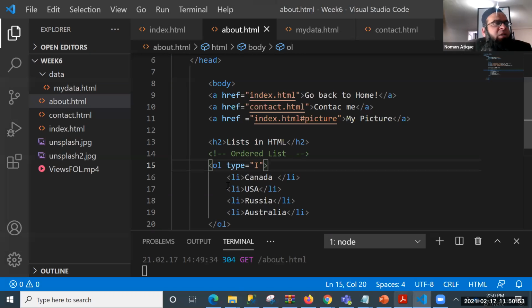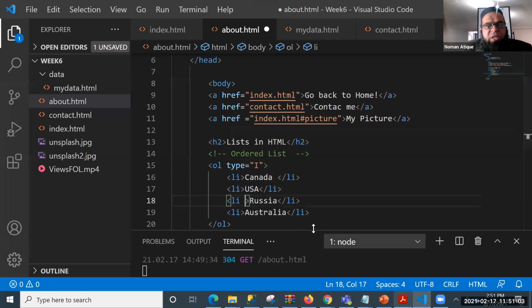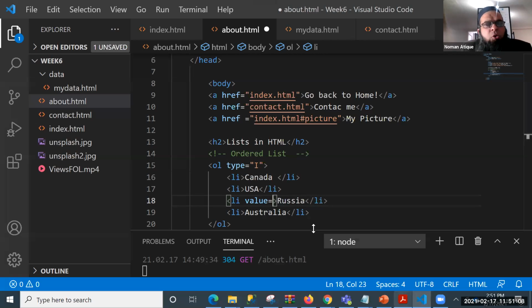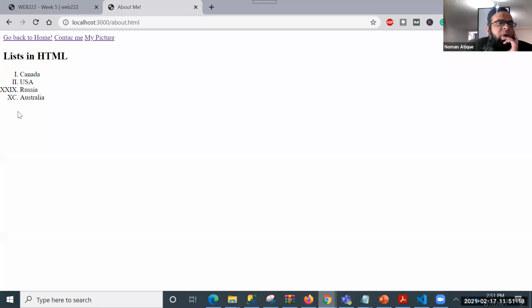So type is equal to something. The ordered list is the numbering if you want to use it. Another very important thing: if in the middle of the list you want to go to, for example, 89 and start numbering from 89, I can give it a value. Save this one. This is one good way of learning the Roman numeral as well.